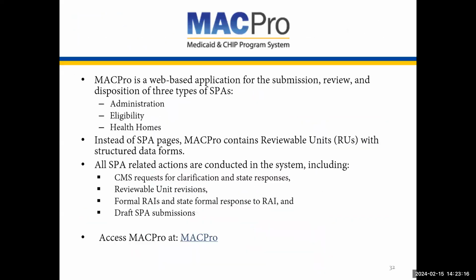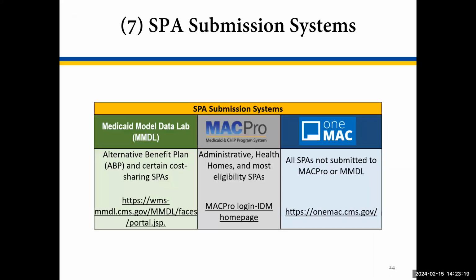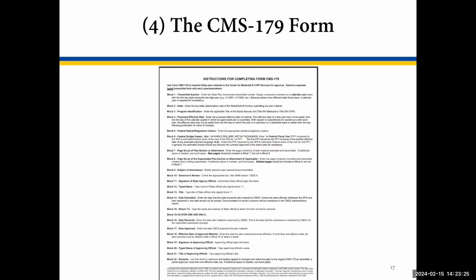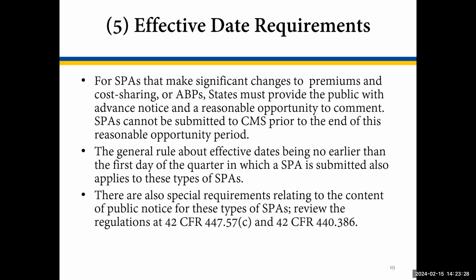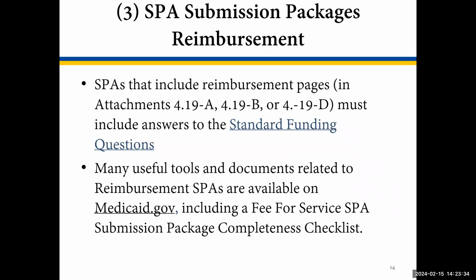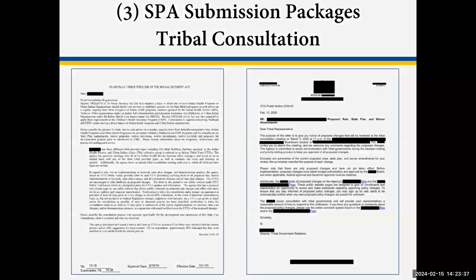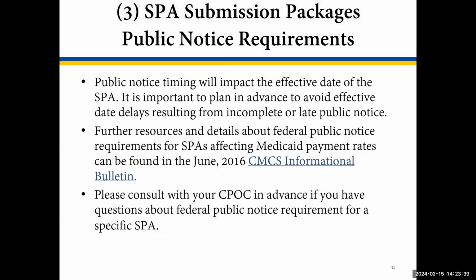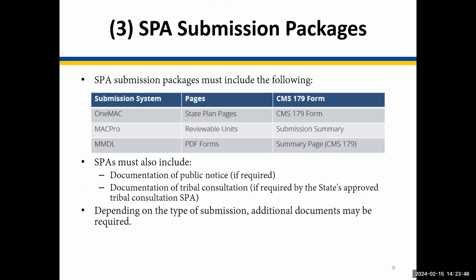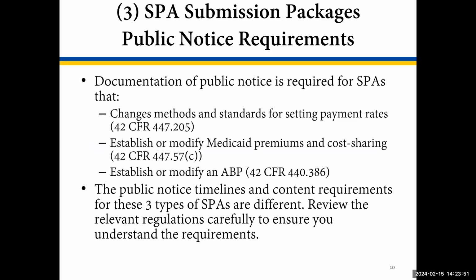I could take this one. I think it's a little easier to tell you the ones that require public notice. There are 3 types that require public notice. Those are the SPAs that modify any of the reimbursement that is in the state plan or establish any new reimbursement for any benefits or services. And then there's 2 other types. Public notice is required for the alternative benefit plan, ABP SPAs, and for the Medicaid premium and cost sharing SPA. That screen tells you the 3 that require it. Everything that falls outside of these 3 categories does not require public notice.